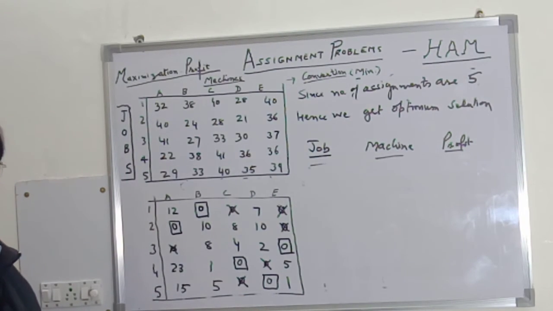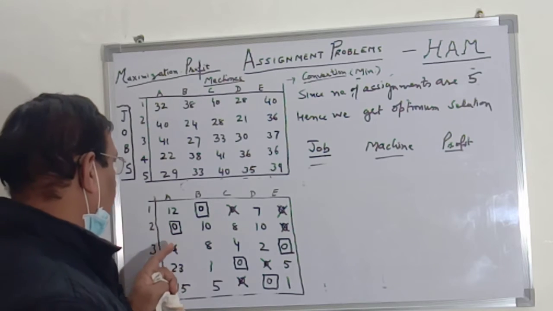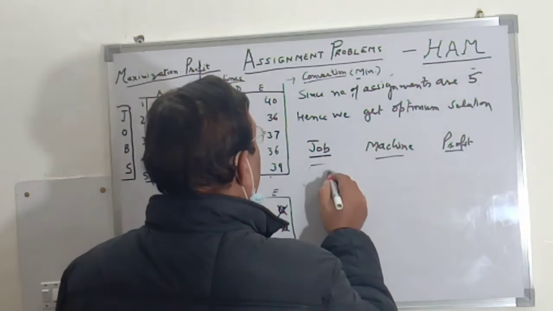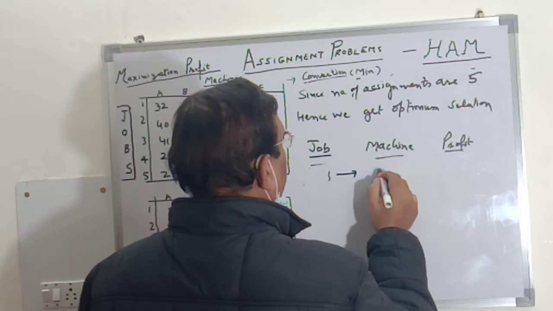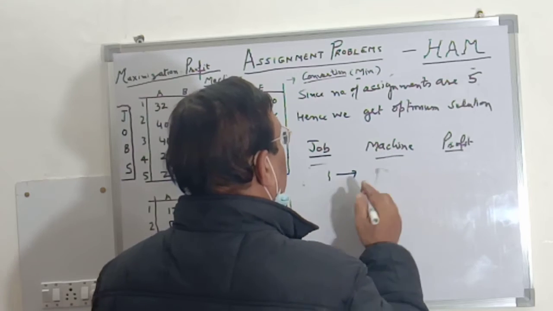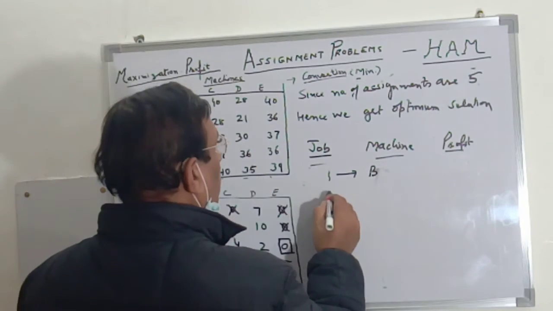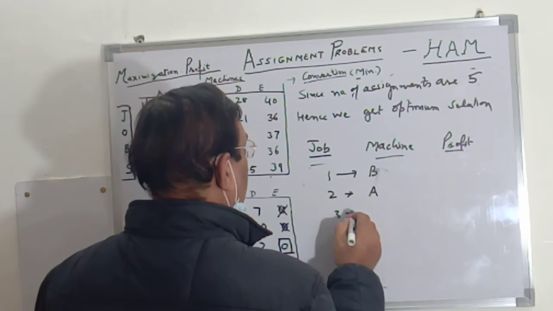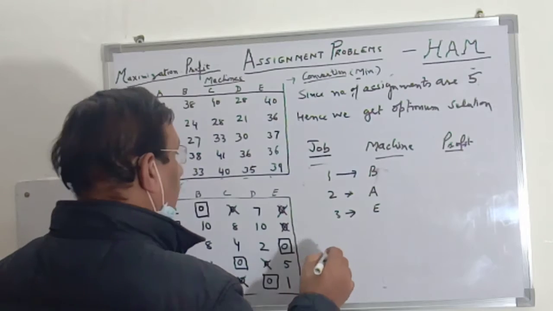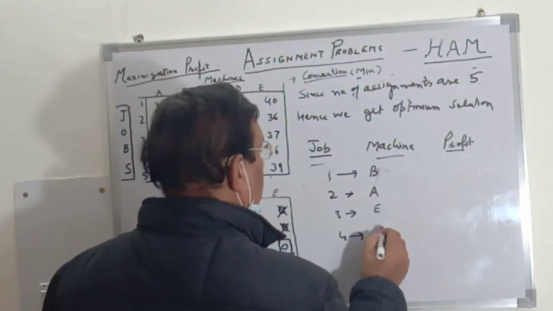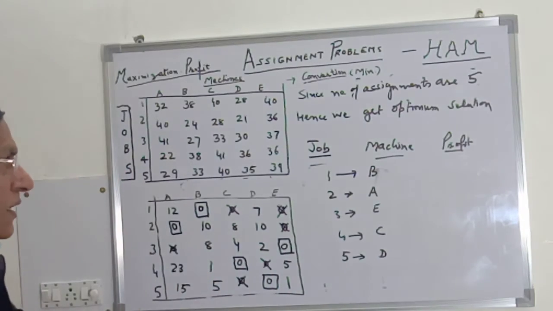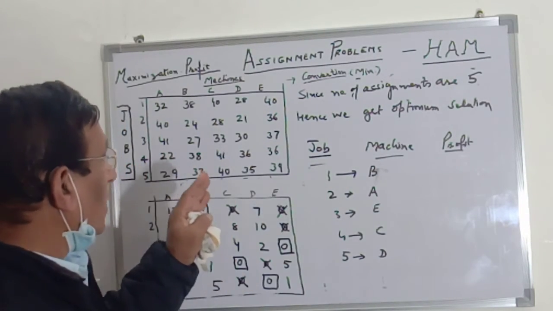From the last table where you have got all the assignments and the number is sufficient, that table shows that the first job should be assigned to the second machine, job 1 to machine B, job 2 to A, and job 3 to E, and 4 to C, and 5 to D. This is a sequence you can say, or the assignment you can say,